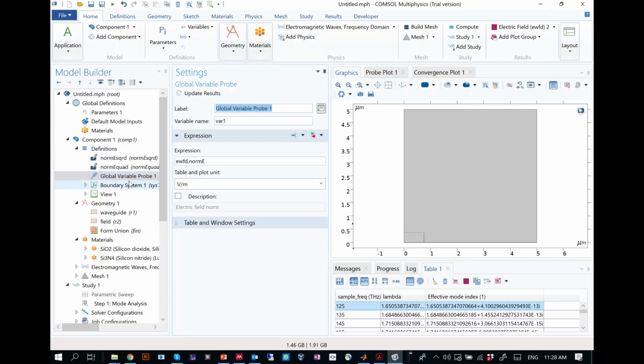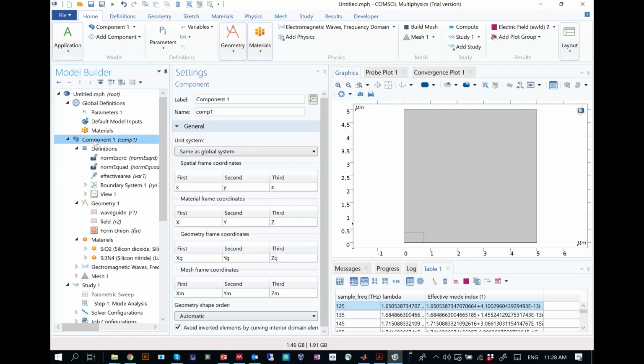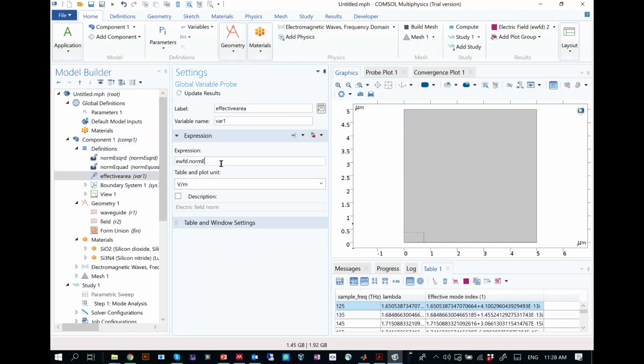You put the global variable probe in here. We call it the effective area, and here you can put in the same norm E squared times the norm E quad. So this now has units of meter squared, and if I update the results on that one,